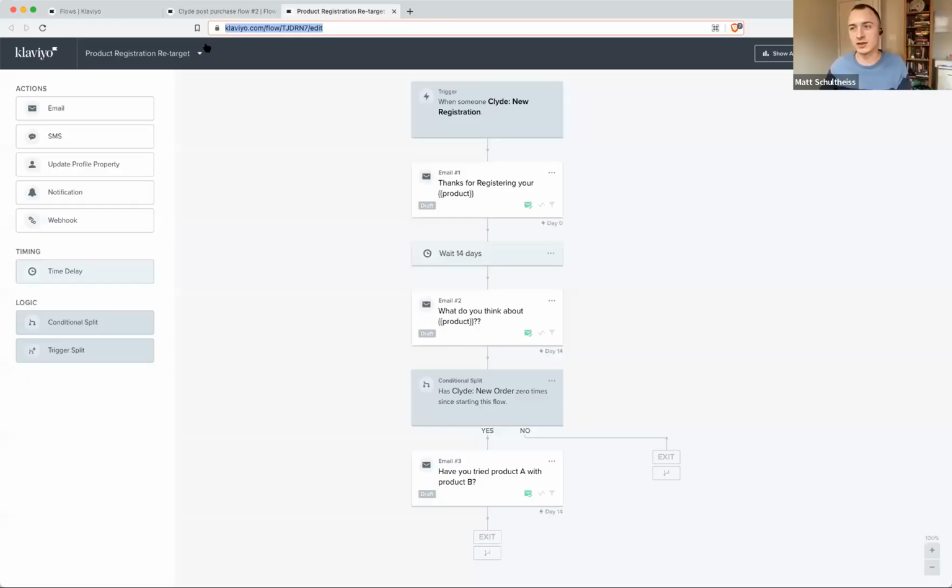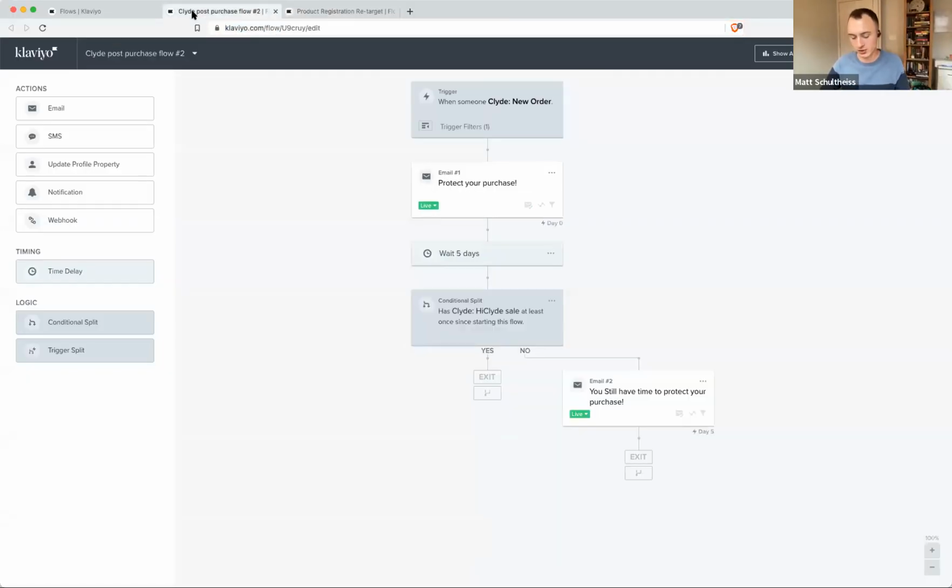So I'll go ahead and show everyone a preview of what the Klaviyo integration does. When you are a Clyde customer and you offer Clyde protection to your customers, you have the opportunity to turn on your Klaviyo integration by copying and pasting your public API key into the Clyde merchant dashboard. Once you've done that, we'll automatically capture any orders that were eligible for a protection plan so that you can reach back out to those customers and give them the opportunity to add protection to their purchase. That drives extra revenue for you, more trust for the customer, and all can be done in an automated fashion